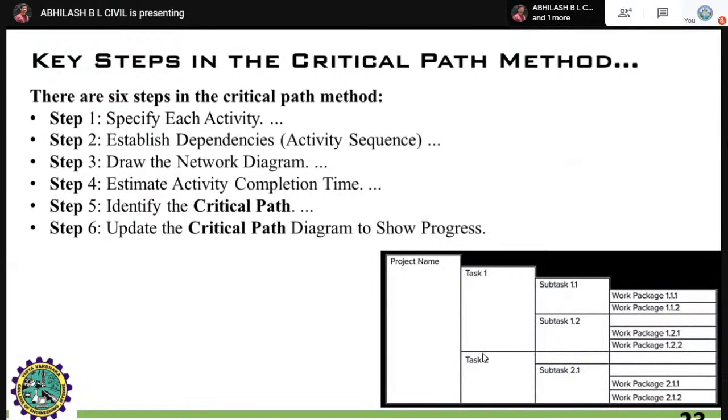Task 1, task 2. In order to go with task 1, the substructure has foundation, plinth, PCC, reinforcement, concrete, formwork. These are some of the different activities. That is subtask 1.1 and subtask 1.2. Later on, simultaneously task 2, the portion of your construction above the ground level, that task and subtask, will reach the finishing stage at an individual point.